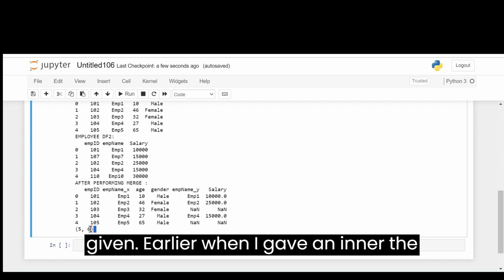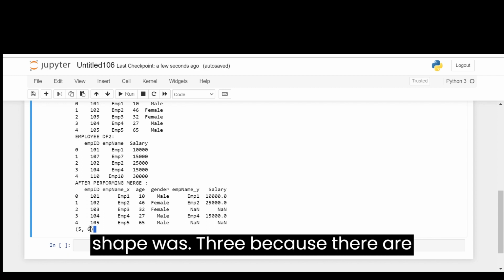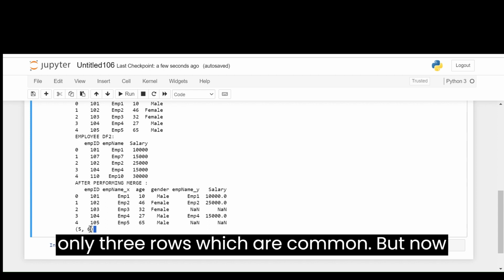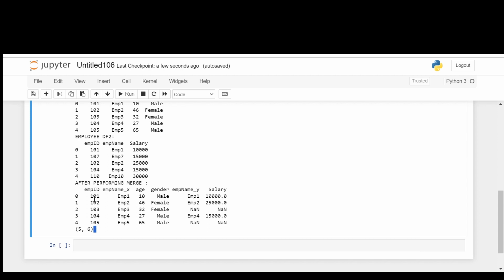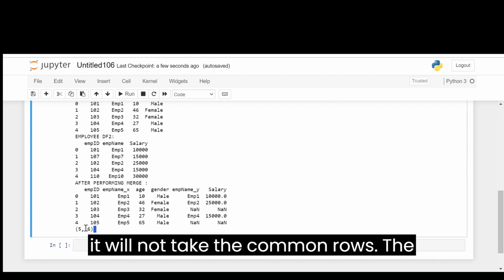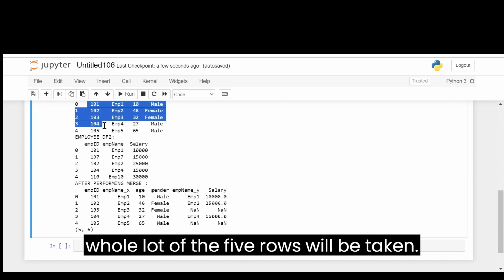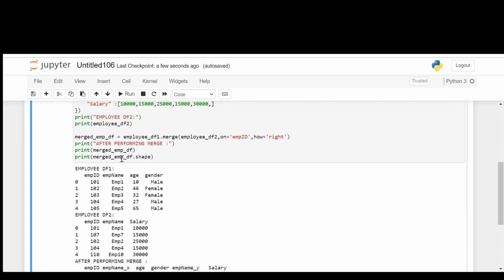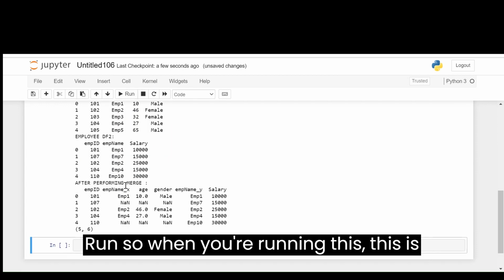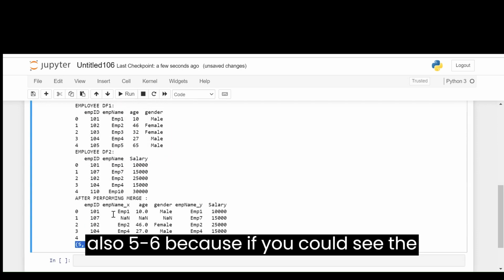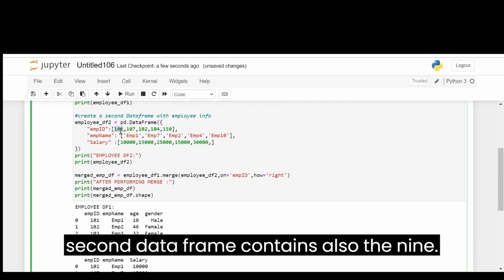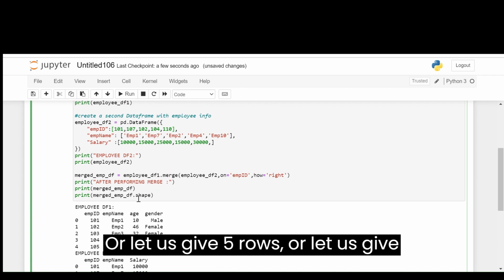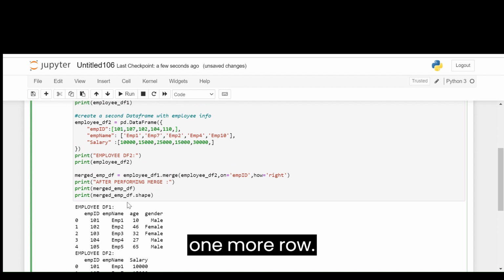Earlier, when I gave an inner, the shape was 3 because there are only 3 rows which are common. But now, it will not take only the common rows. The whole lot of the 5 rows will be taken. Again, you are taking this right. Run. So when you're running this, this is also 5 by 6 because the second data frame also contains 5 rows, or let us give one more row,